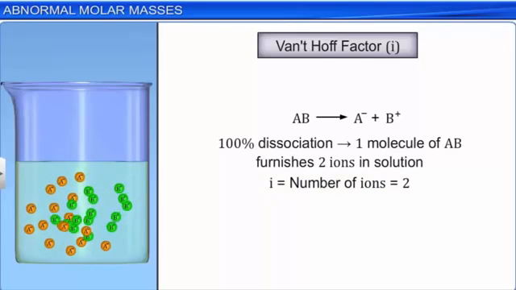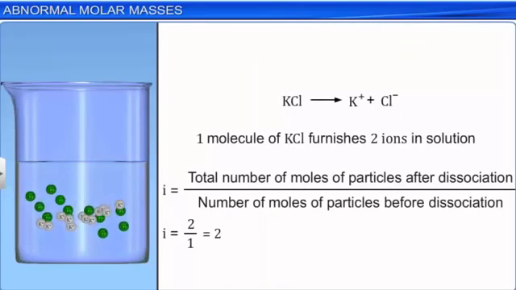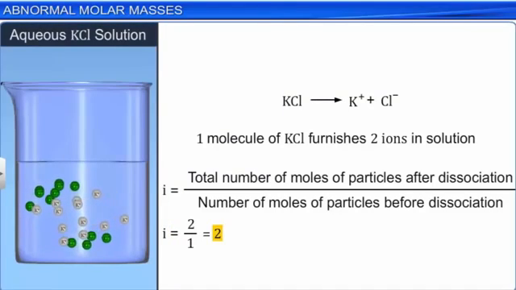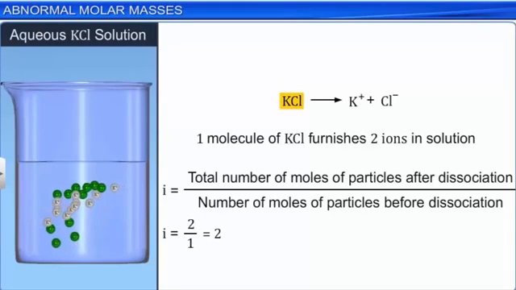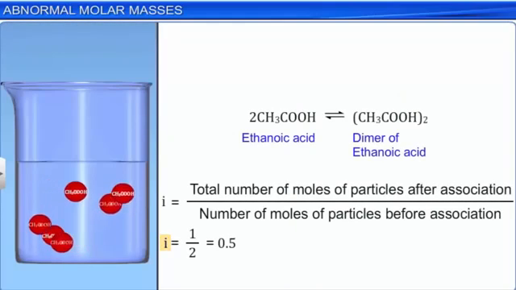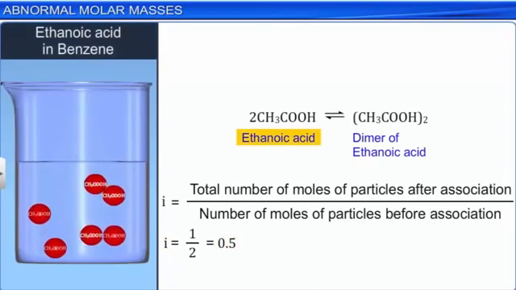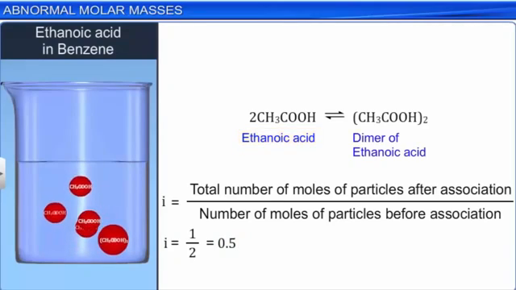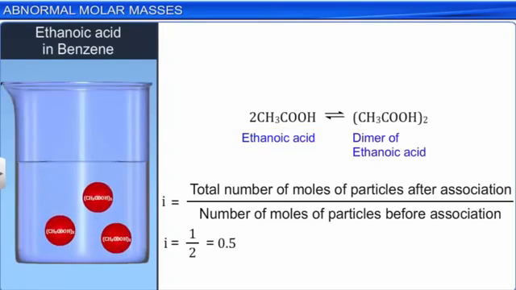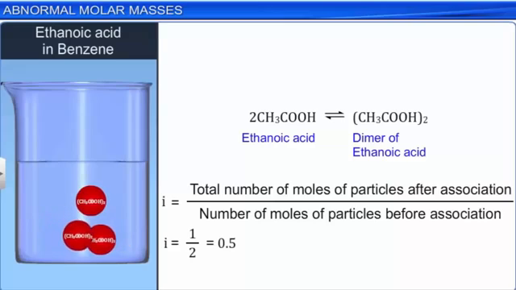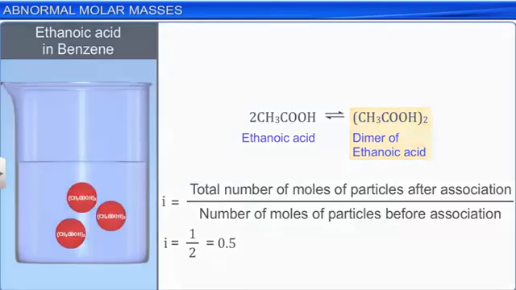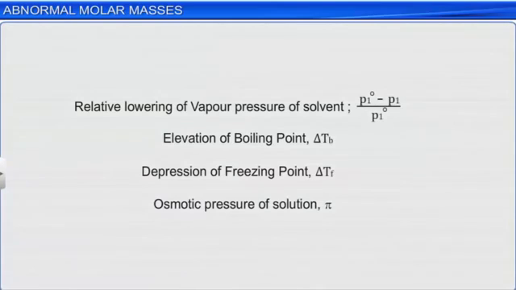For example, the value of i is 2 for aqueous KCl. This signifies that KCl has dissociated completely into potassium and chloride ions. The value of i equal to nearly 0.5 for ethanoic acid in benzene, which signifies that nearly the entire ethanoic acid has undergone association and exists as a dimer. The modified equations for colligative properties using the van 't Hoff's factor can therefore be written as